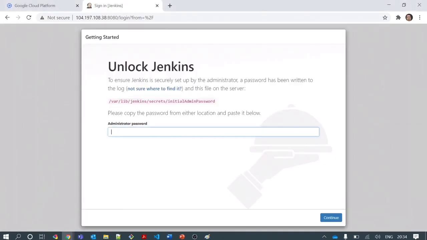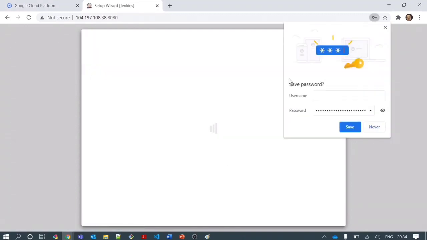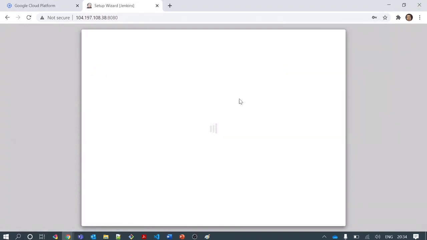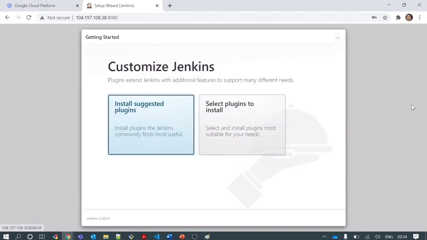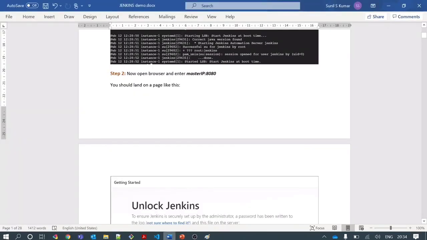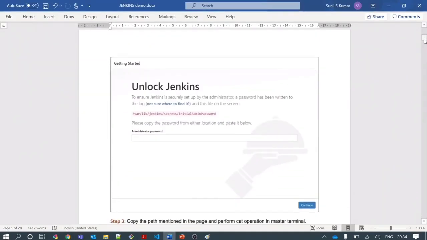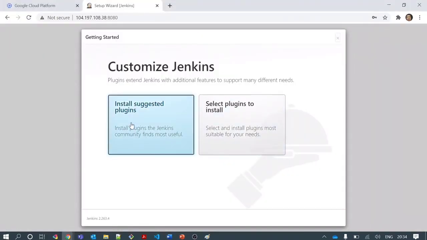Later I can create one user. Once I am able to access Jenkins, I can set up any other user and log in in future using those user credentials. This is what the document says. Once I am logged into the server, I can install suggested plugins. This is the basic step. Jenkins will install the basic plugins that are required to run my Jenkins software to support CI/CD.